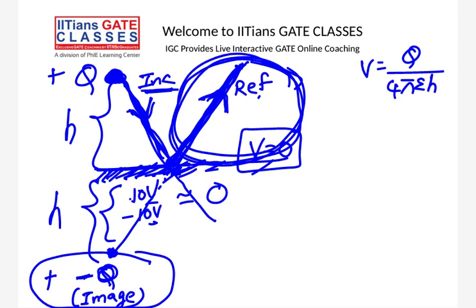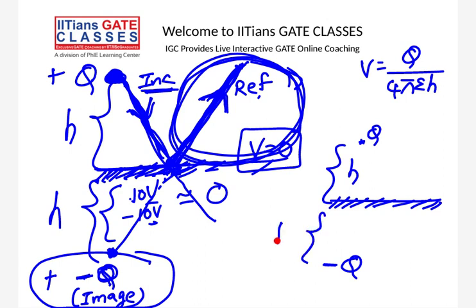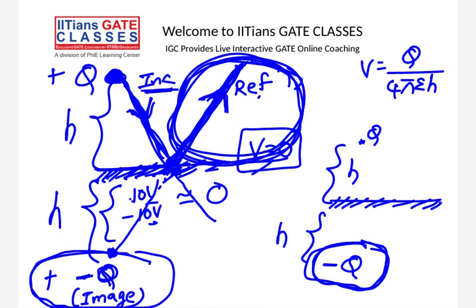So when any problem is given something like this, a charge placed above a conducting ground plane, now you should imagine that you can introduce a new test charge below the ground plane at the same distance. So why you have assumed this imaginary charge? This is the contribution of the reflected electric field. So this is just to solve the problems, to make the problem simpler. The contribution of the reflected wave is compensated by imagining a virtual source below the ground plane. So the concept clear?